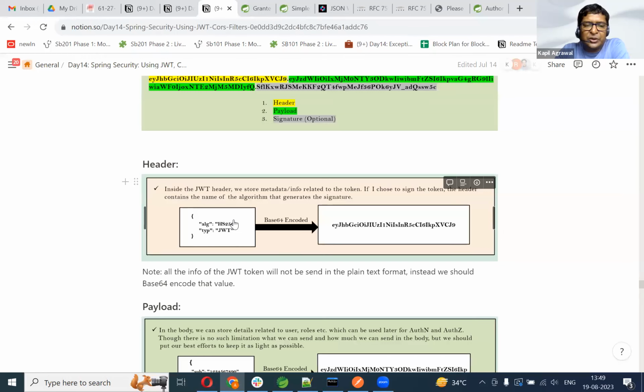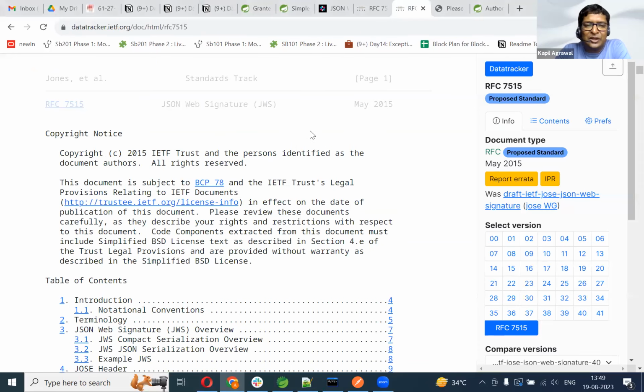The first part of the JWT token is going to be the header portion. The header portion is not available in the form of plain text. It is available in the form of base64 encoding. Sir, what this ALG header is, what exactly this type header is, again, I will say that please come back